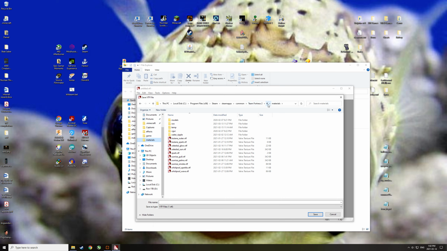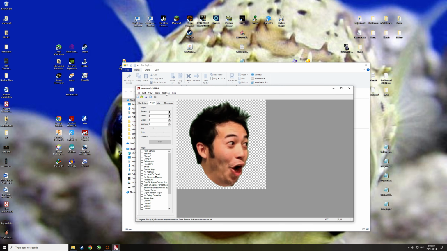in my TF2 TF materials folder. If this folder doesn't exist, then you'll have to create it, but it should exist. And then I'll just save the VTF here as ice.vtf or icecube.vtf, and that's that. And now we need to go to Tools up here in VTF edit and create a VMT